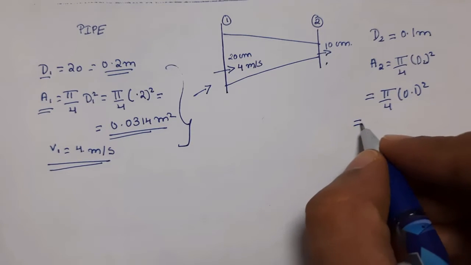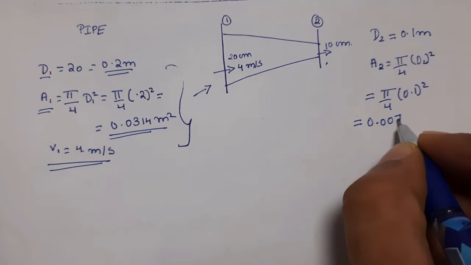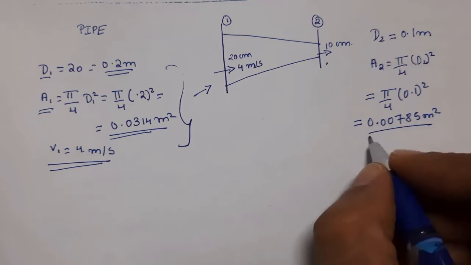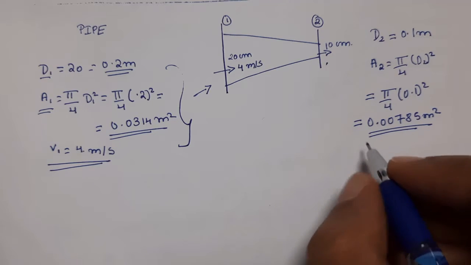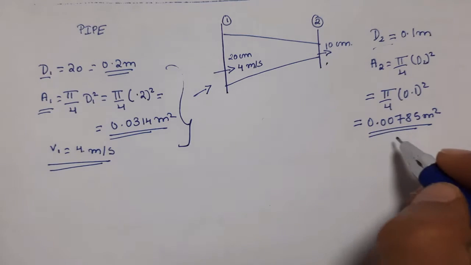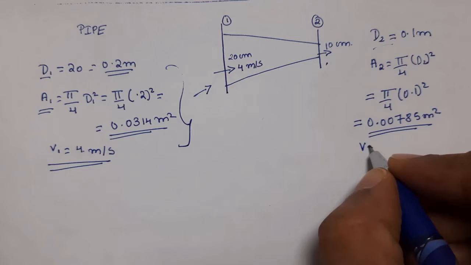You'll get the value as 0.00785 meter square. Okay, this is the area of this particular cross section, and we have to find the velocity